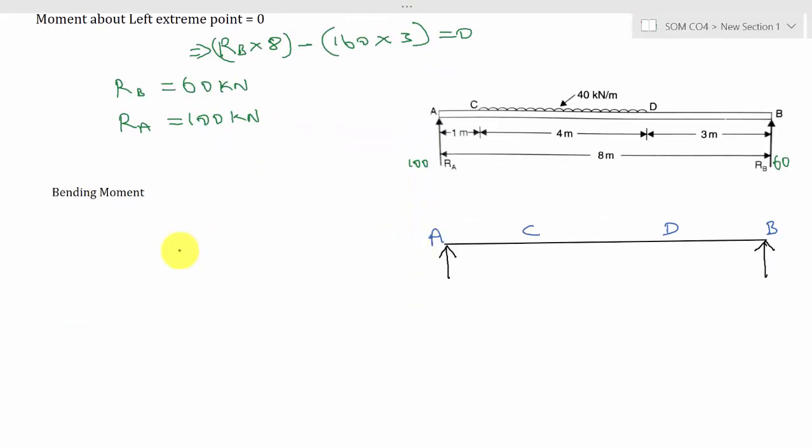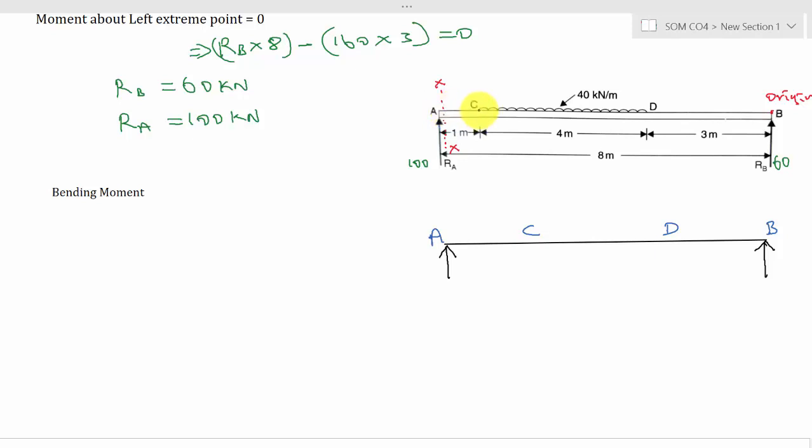But for calculating the bending moment, we have to consider the Macaulay's method. And remember that in Macaulay's method, all the loads should be marked from the supports. Okay, so here, as we know in the previous problem, I have fixed the origin in the right side and I am going to consider a plane XX in the left extreme point. So my loadings should start from the plane.